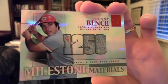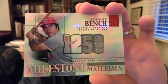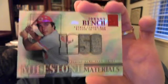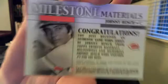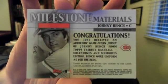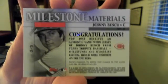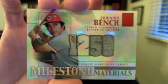So when I saw it, I couldn't believe it. I messaged the guy and asked him if he'd sell it outright, and he said no, he wanted to auction it off. I was afraid somebody else putting together maybe that set would go after it, and it did get a really nice bid on it, but I had to have it. It's numbered 3 out of 5. Like I said, in almost 8 years I've never seen this card,